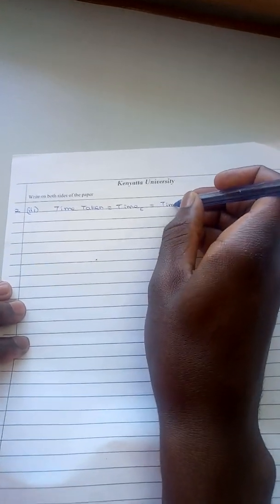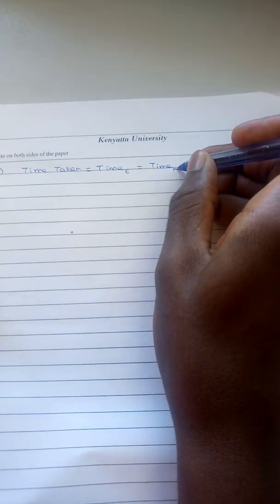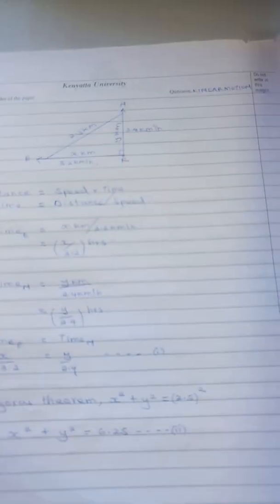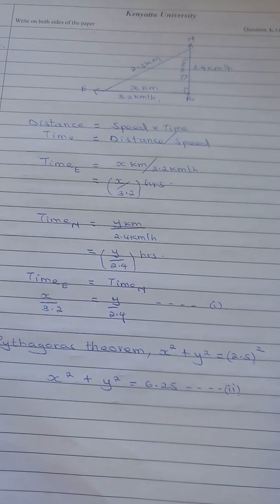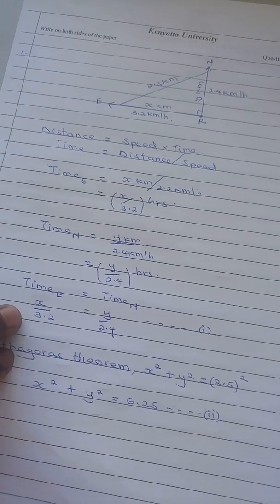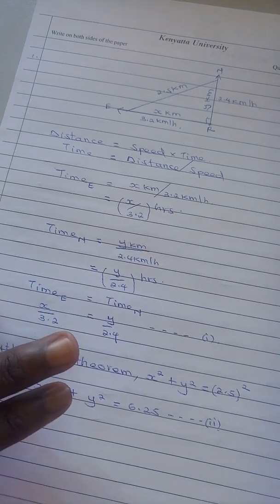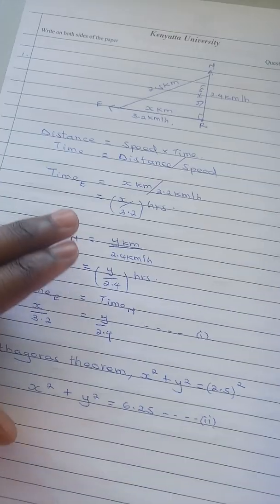It can be the time of the policeman who headed east, which is also the same as the time of the policeman who headed north. So let's use the time of the policeman who headed east. That will give us time east, x over